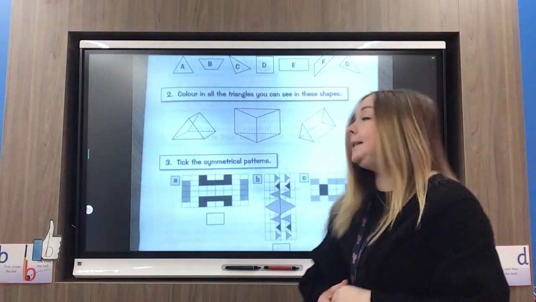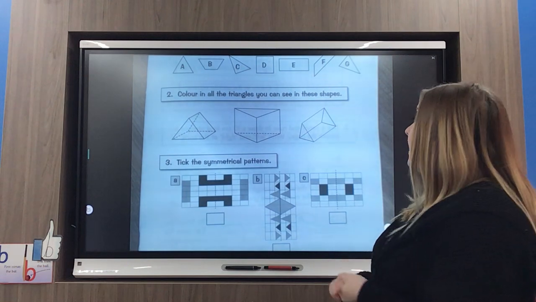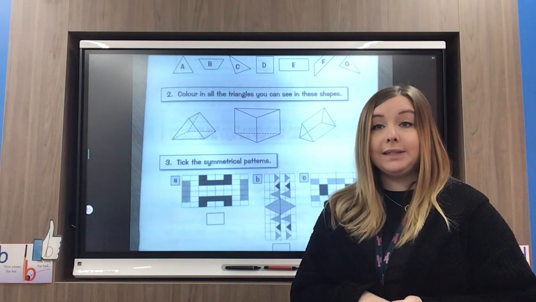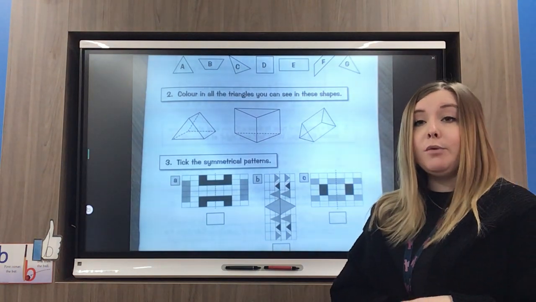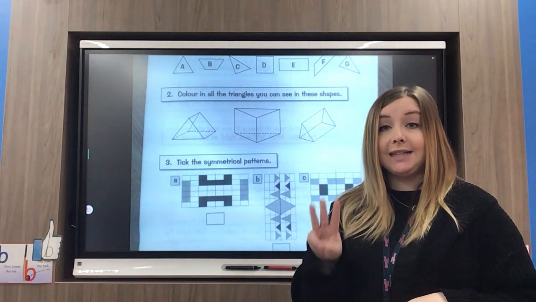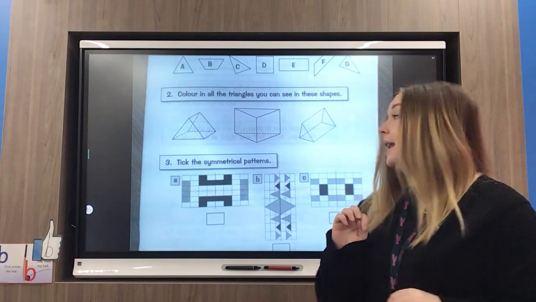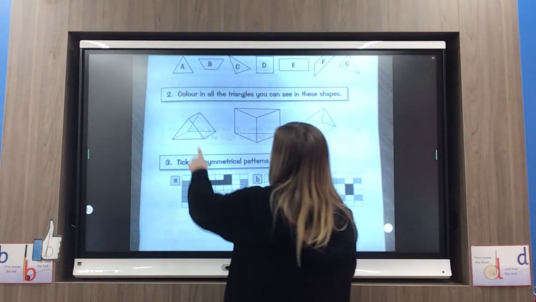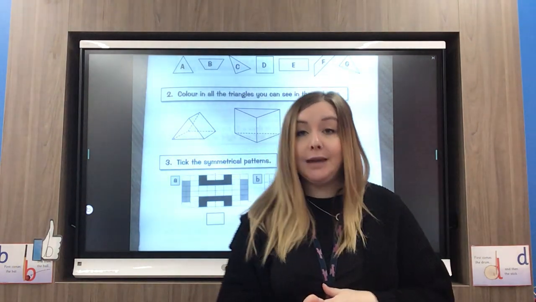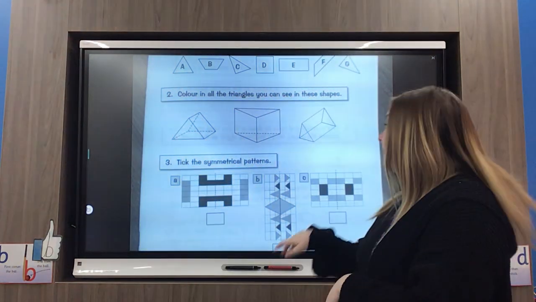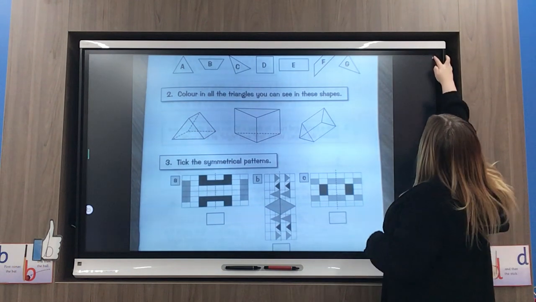Question 2 is asking you to colour in all of the triangles that you can see. So you've just got to look for a triangle, and remember a triangle is a three-sided shape. And whenever you spot a triangle, so I can spot one here, you're just going to colour it in, okay? Brilliant. The next question then